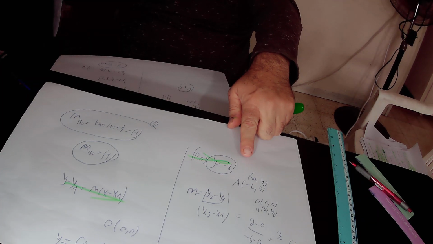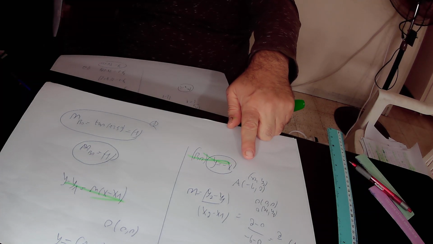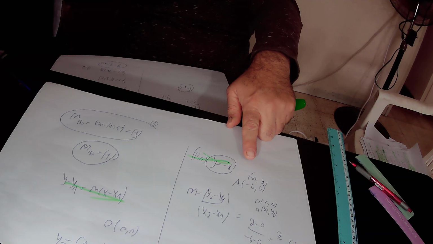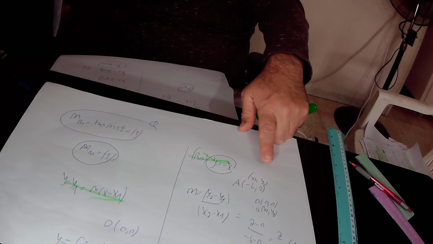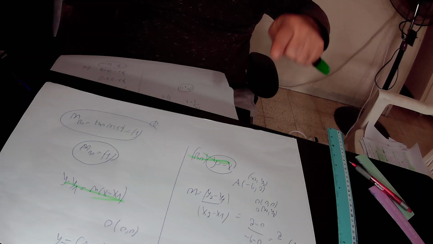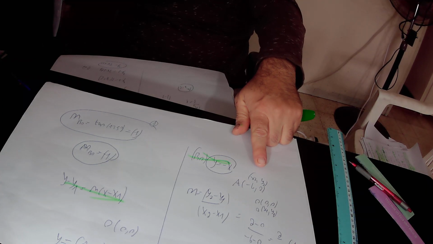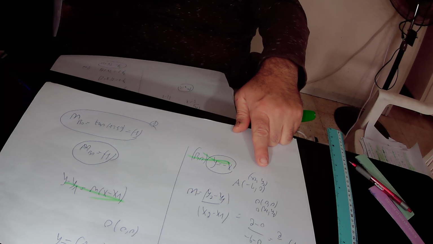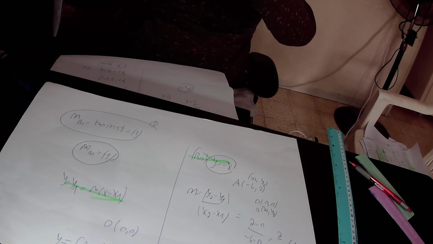And we define the coordinate x of A as x2, which equals minus 6, and the coordinate y of point A is y2, and we know that y2 equals 2. Likewise,